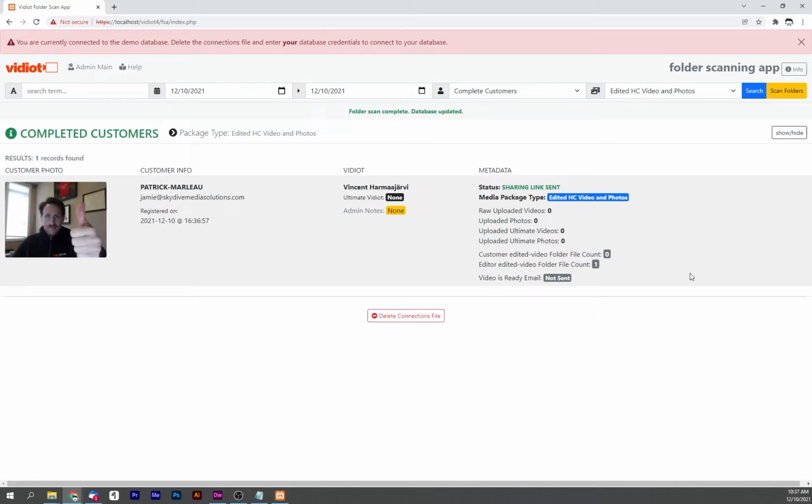And unless, of course, you have InSync set to pause, then it won't. But you may not want to have all the files go up immediately, especially in a scenario where maybe only the editor has half of the videos done. Because now, if you drag and drop the files into the customer edited folder and half of the files go up,